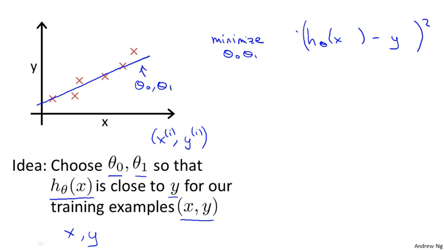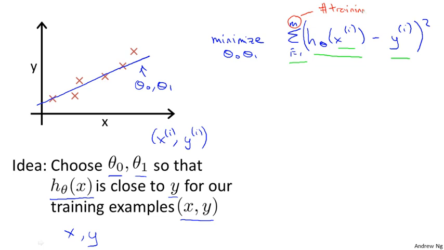So what I really want is to sum over my training set, from i equals 1 to m, of the squared difference between the prediction of my hypothesis when it is input the size of house number i, minus the actual price that house number i sold for. I want to minimize a sum over my training set, from i equals 1 through m, of the squared error, the squared difference between the predicted price of a house and the price that it was actually sold for. And just to remind you of your notation, m here was the size of my training set,